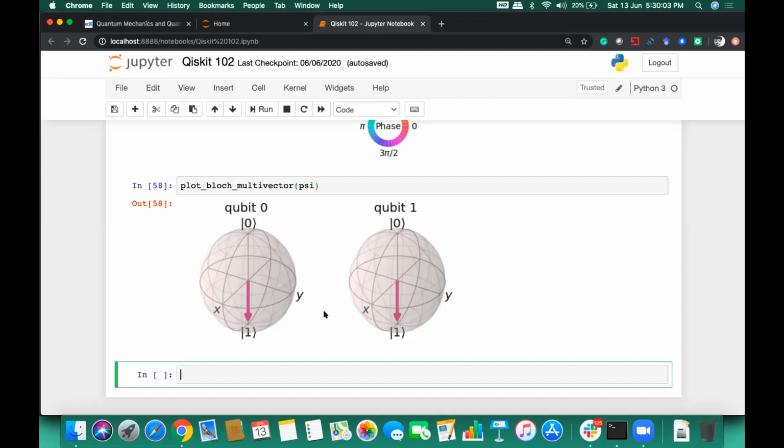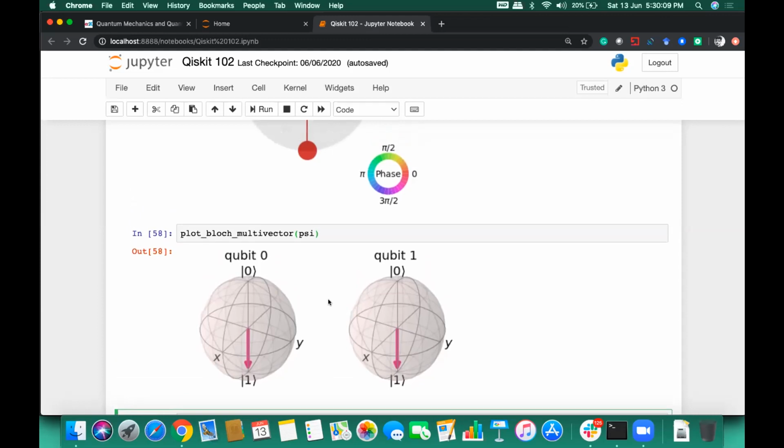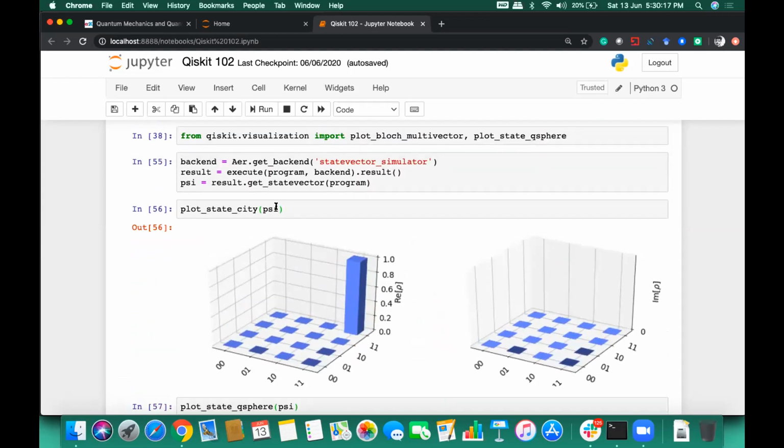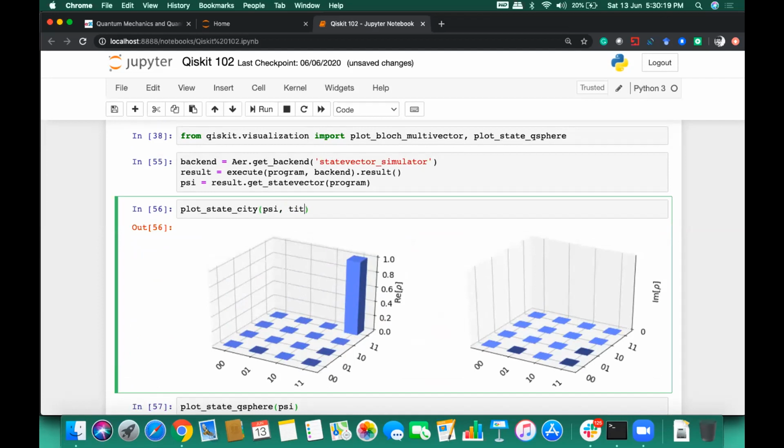All right, so while plotting the state, we have several options as well. Like, you can give the title, and you can opt for the colors. For example, when I'm plotting my state as a city, then I can give my title as city or something, and then we can specify colors for this also.